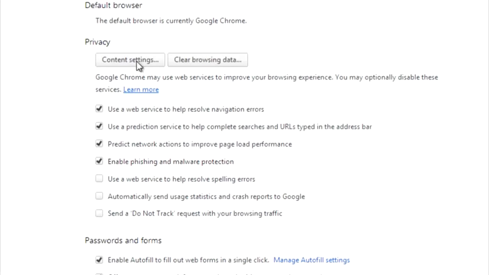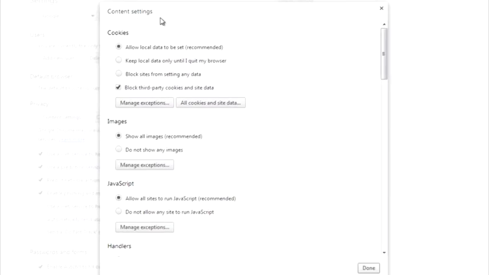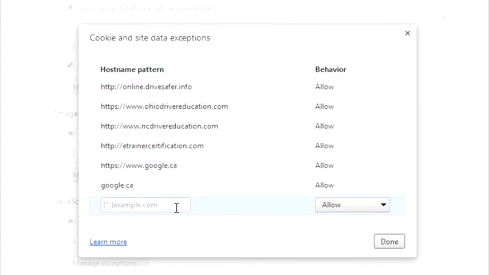There should be a button right beside it called Content Settings. Click on Content Settings. You're going to see a window that opens up and you'll see Cookies. This is going to allow you to set your cookie parameters. There is a button that says Manage Exceptions. Click on Manage Exceptions. What will open up is a window that will allow you to enter the trusted sites